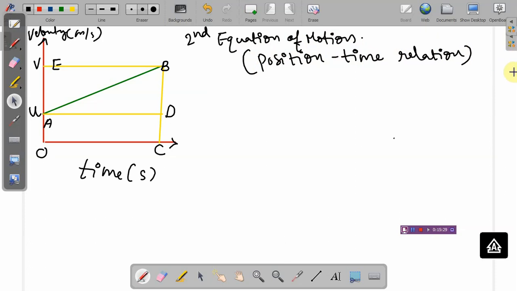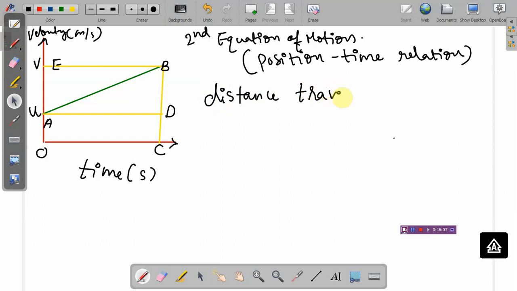the area under the VT graph gives you the distance traveled by the object, right? We have seen it in your previous class. So here this is a VT graph. So the area under the graph will give you the distance traveled by the object. So what is the graph here? AB, the line AB is the graph here. So area under AB will give me the distance traveled by the object. So to calculate how will I get this? Distance traveled by the object will be given by the area under VT graph.